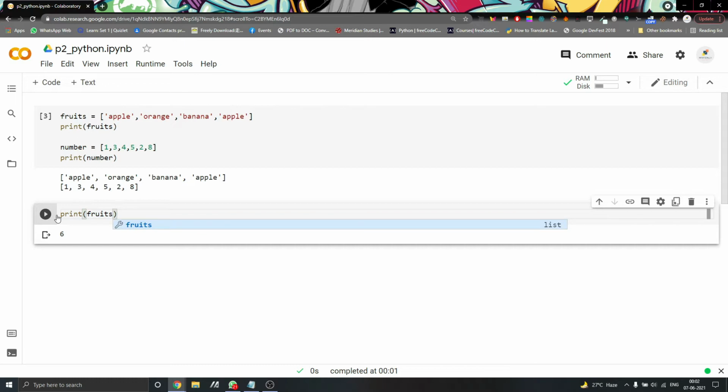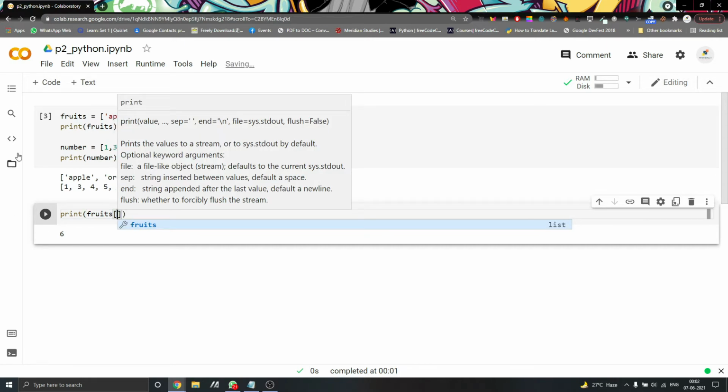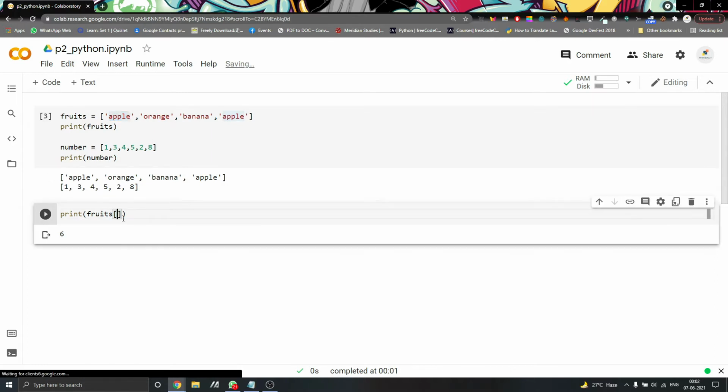So fruits, and then to print the first element, we'll write square brackets, and the first element is apple, the position of 0. Then we run it over here, and as you can see, apple is being printed. Thus we have the first element being printed, and similarly we can print other elements of the list, for example,